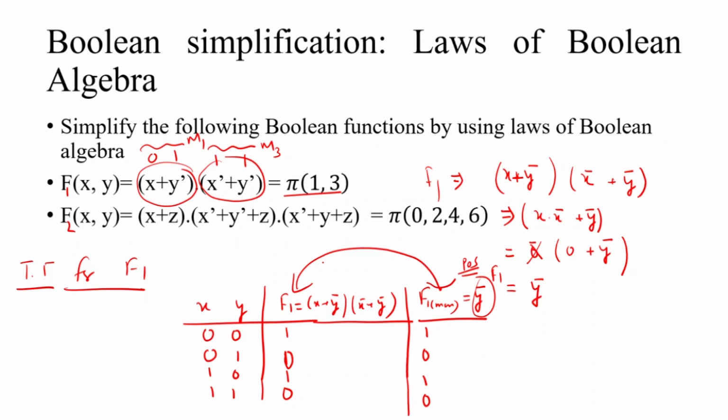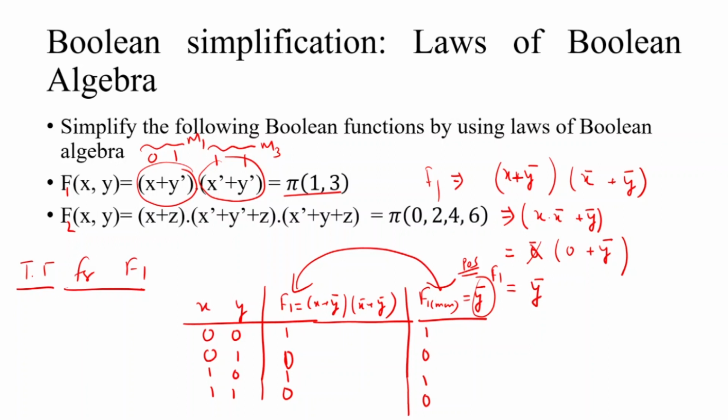In F1, in which all the max terms are present, the output is 1 0 1 0, and in F1 in which only the minimized form is present, meaning only a single term is present, the output is 1 0 1 0. Means in both cases the output is same.